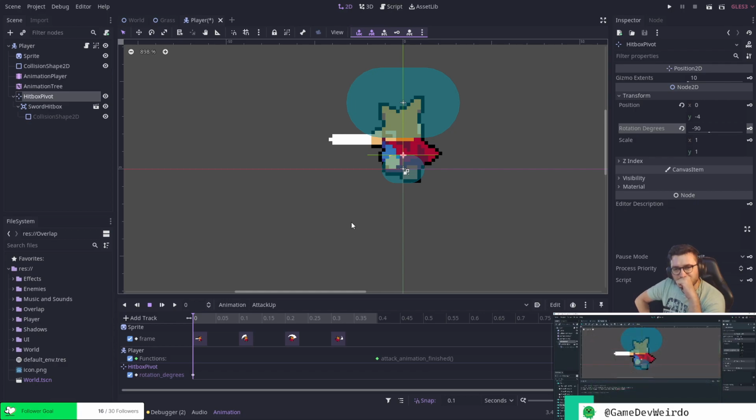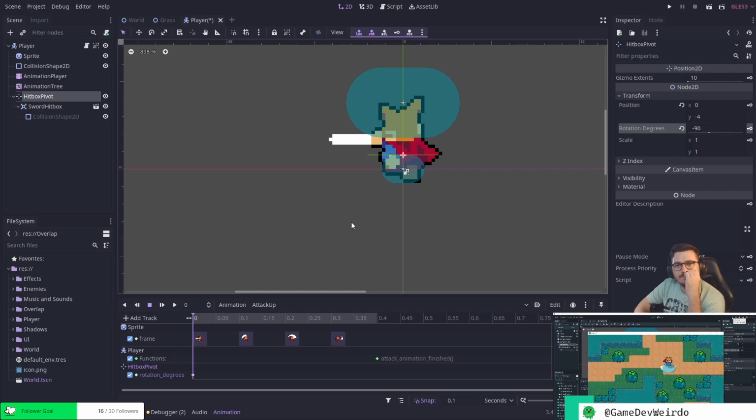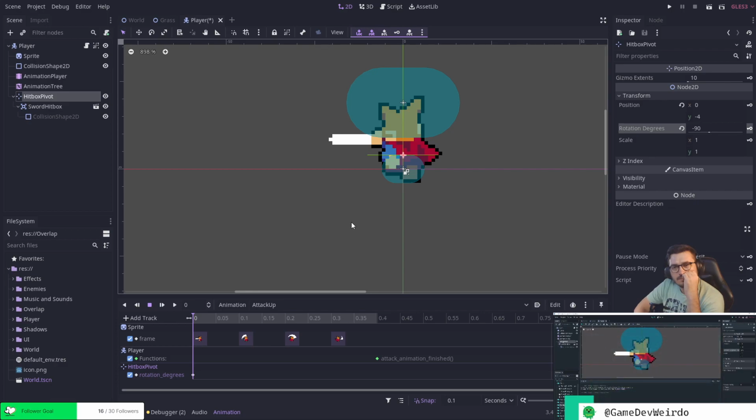So let's actually show this visually. We'll come into project, visible collision shapes, and show this like this. Yeah, and you can see it now. If I attack down, it puts the collision box down, but it's still active. So I can just walk into the grass, right? I can put it up, but it's still active. So I can just walk into the grass up here. So this collision box is set to being active all the time,